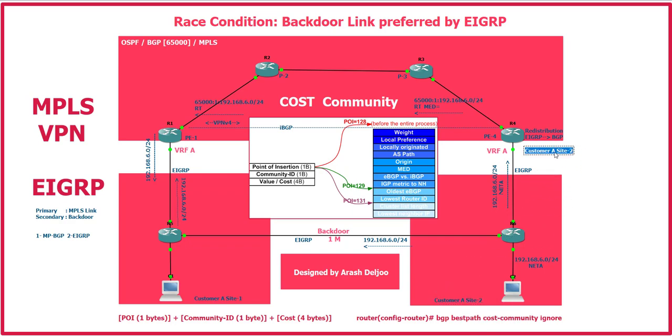You know that for calculation of the EIGRP metric, we need to use this formula, 256 multiplied by 10 to the power of 7, and then over the minimum bandwidth. This is the bandwidth of this link. The minimum bandwidth of this link, because this is Fast Ethernet, is 100,000 kilobits per second. And then we have here a delay value. The delay of Fast Ethernet is